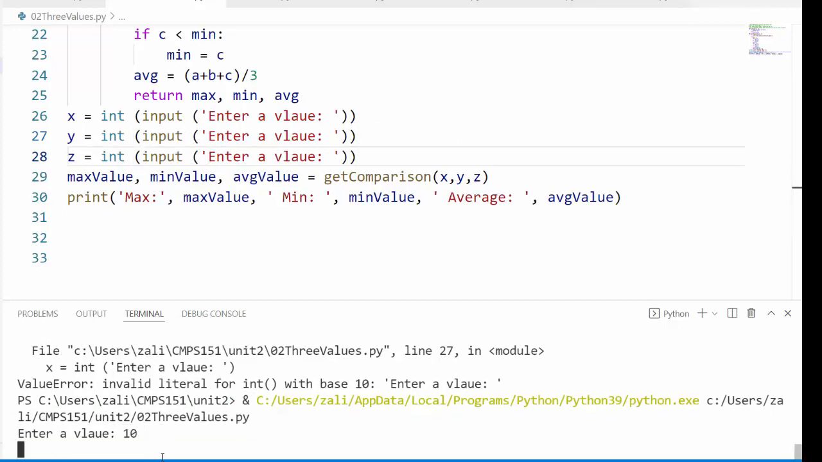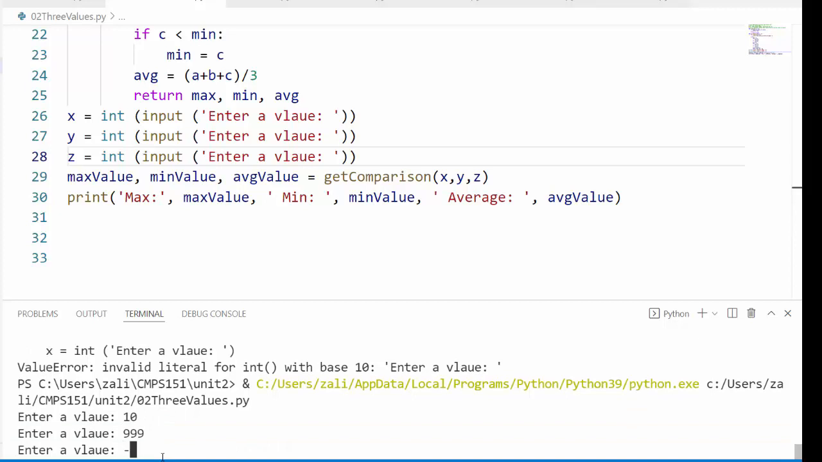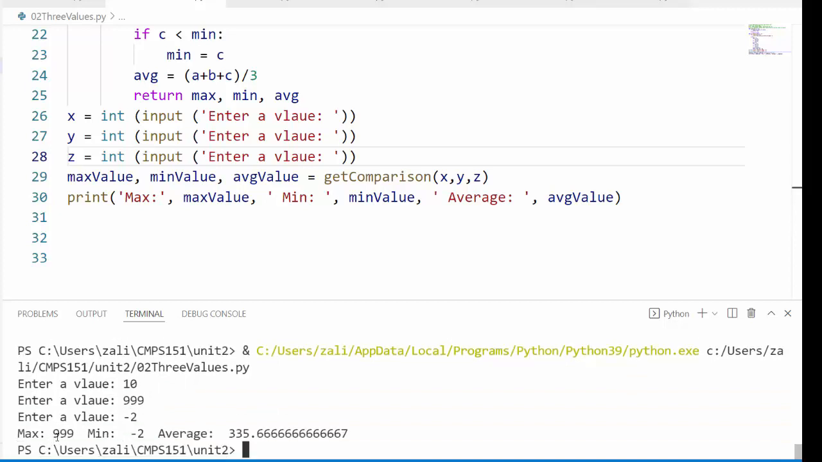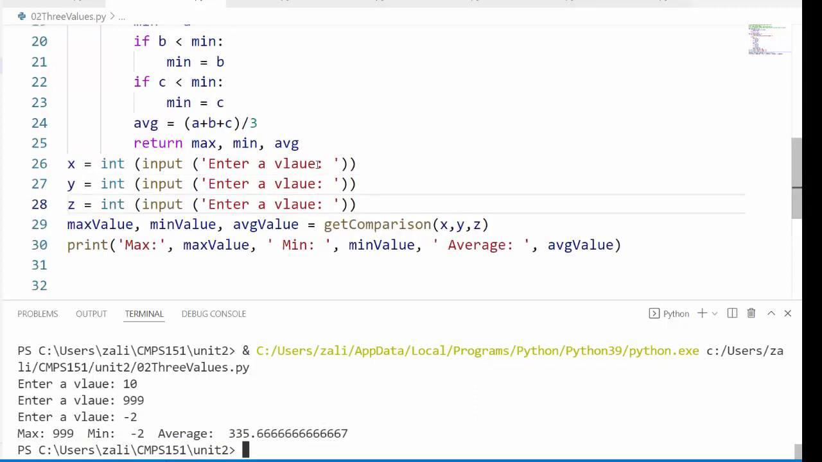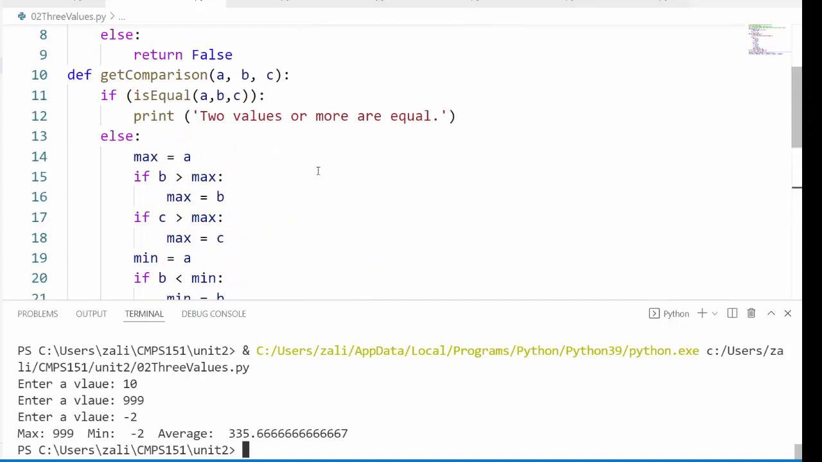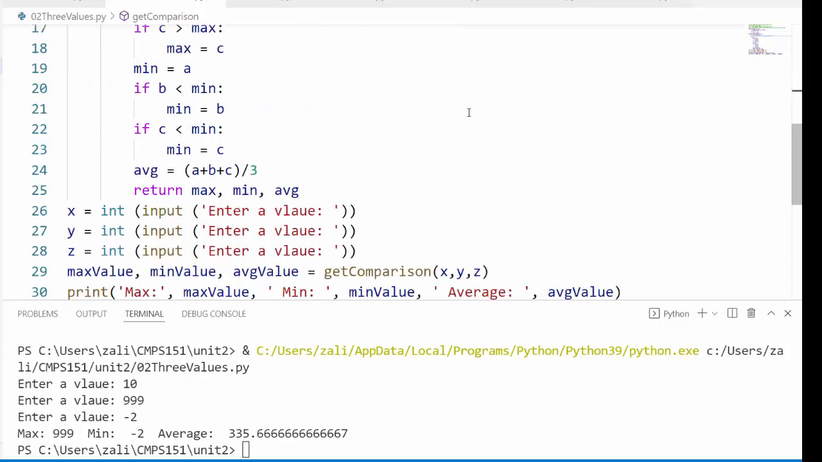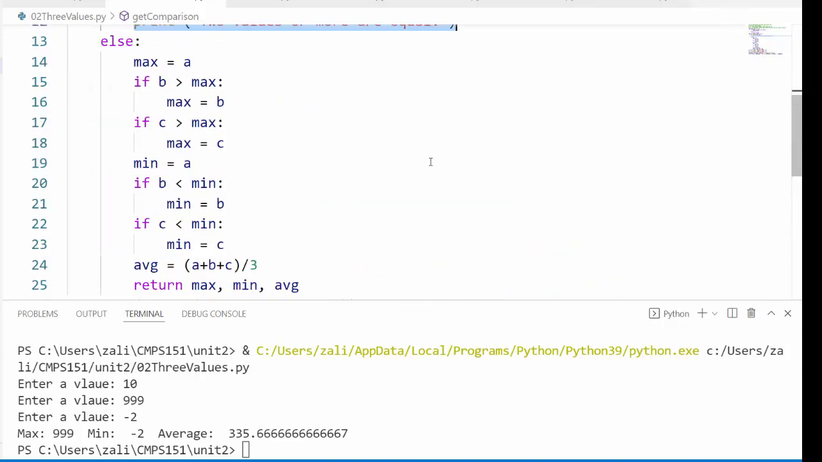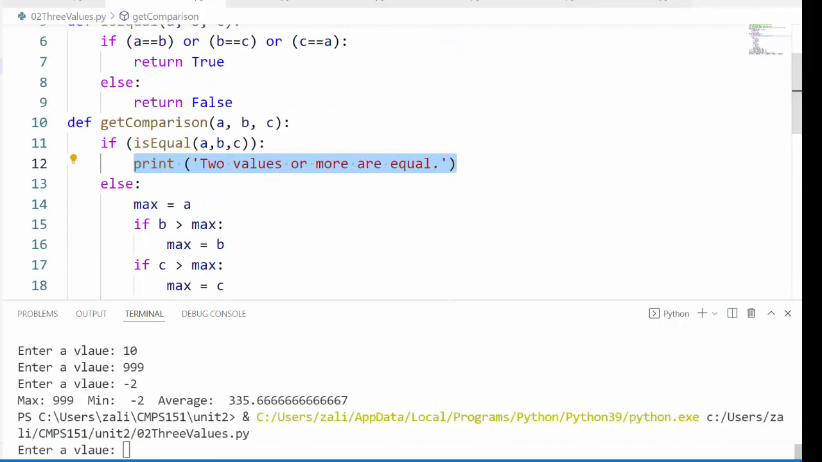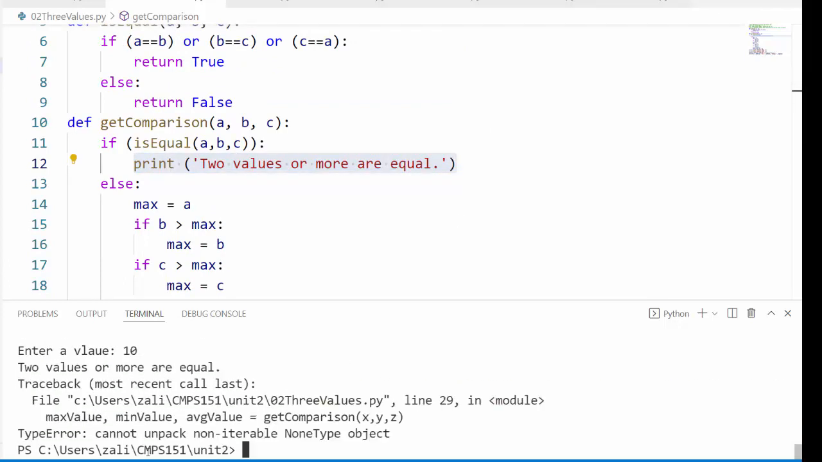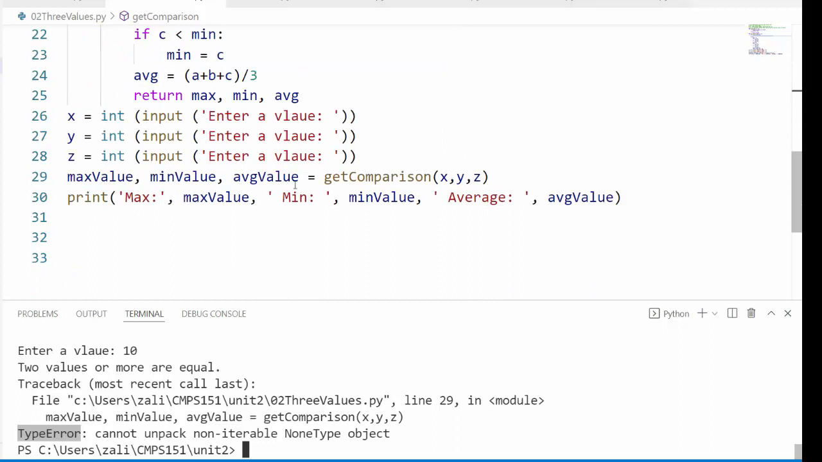Okay, enter value 10, 999, and -2. So maximum is 999, minimum is -2, and average is this much. The problem would be if you call the function with two equal values, and the function then returns nothing, because this will be true, the function will print this and return nothing. So let me just do this and show you what's going to happen. I will run this. I will enter 10, 10, and 10. I get an error because the function does not return anything,